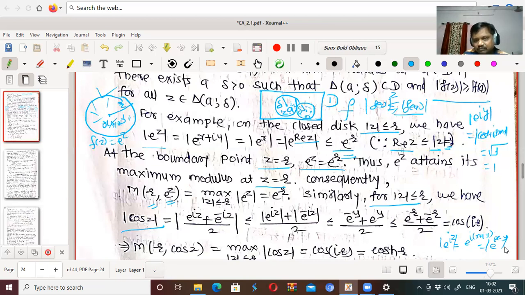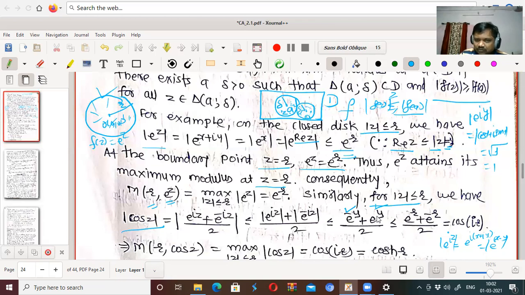Now e is always positive, so e to the power minus y is always positive. Therefore, we get only e to the power minus y plus e to the power y, because minus i becomes minus i square in this case. And the modulus of e to the power minus ix is also 1, and only mod of e to the power y is e to the power y. Now, this is less than or equal to e to the power r plus e to the power minus r